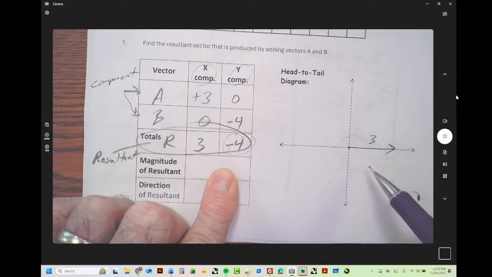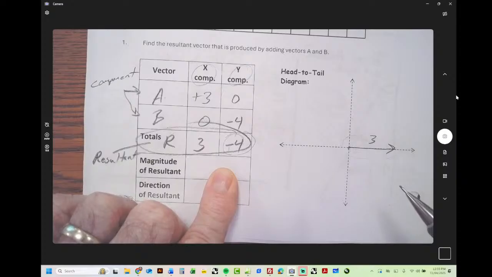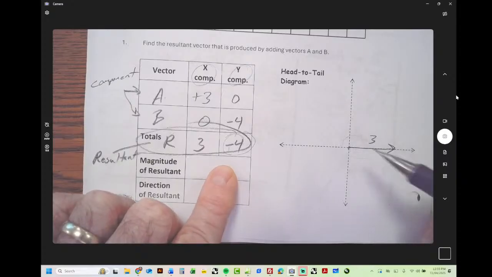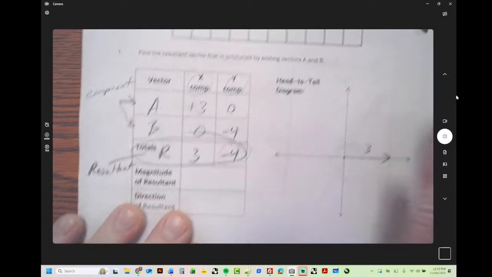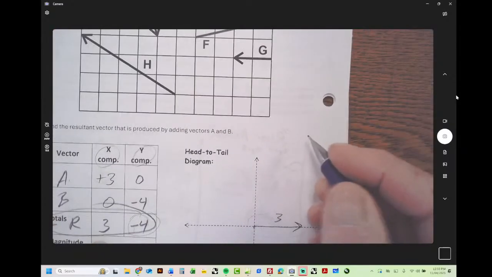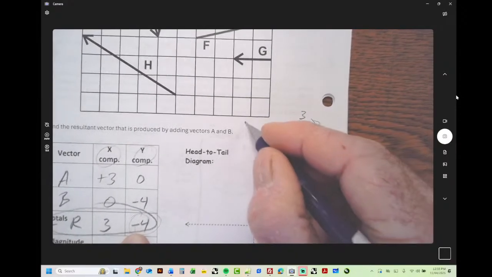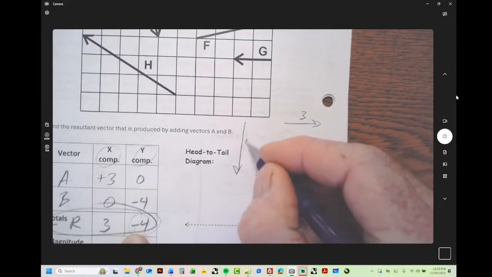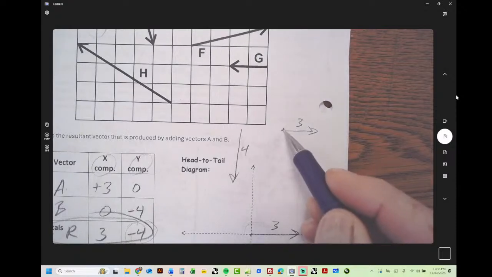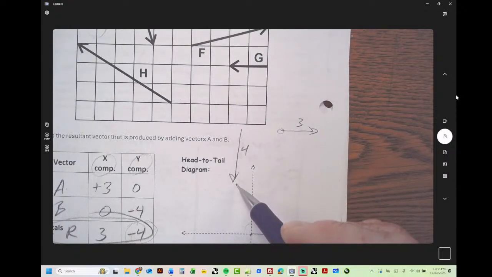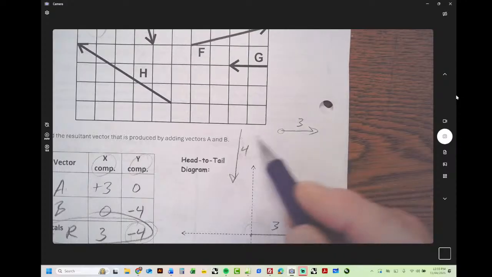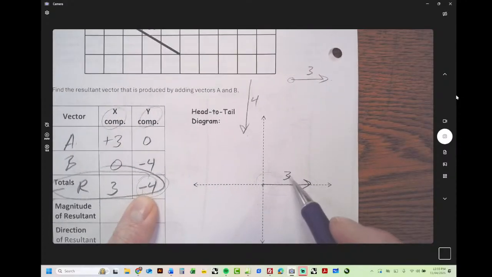But tail to tail, head to head, or head to tail? Start from the head. Yes, so I can do it two different ways. Let me draw them off to the side. This X component is 3, and the Y component is -4. So I could either take this tail and put it on that head, or this head and put it on that. There's so many different ways I could do it, but since I've got this one drawn, I'm just going